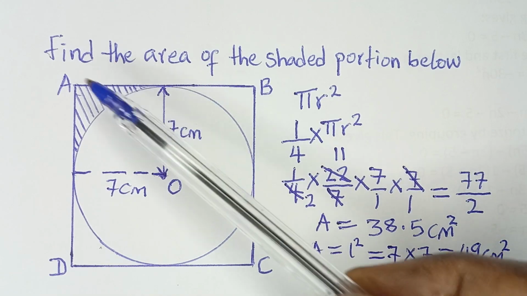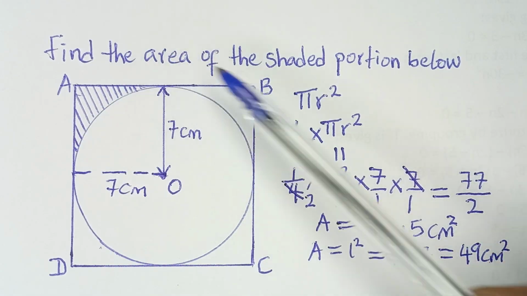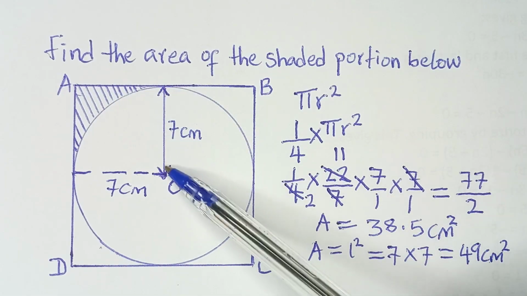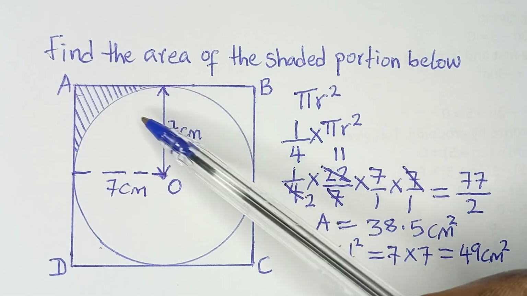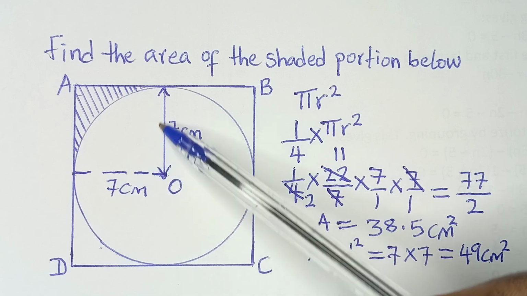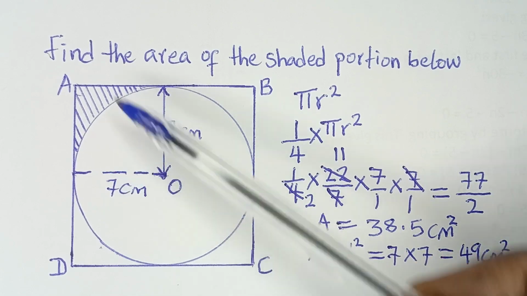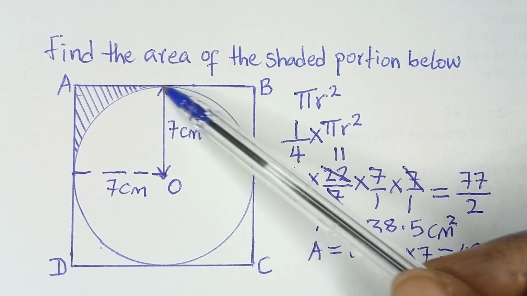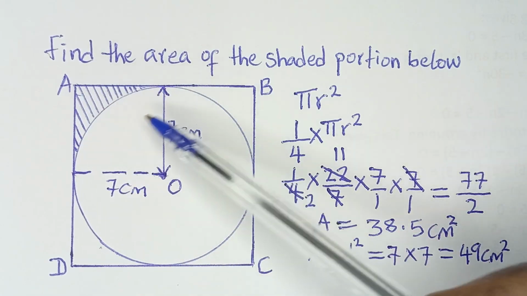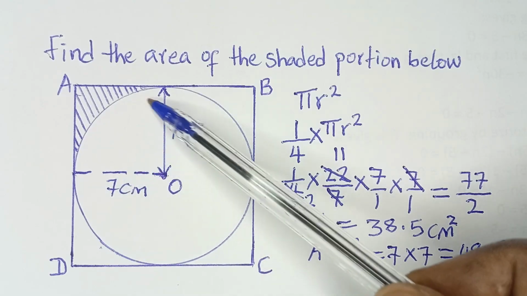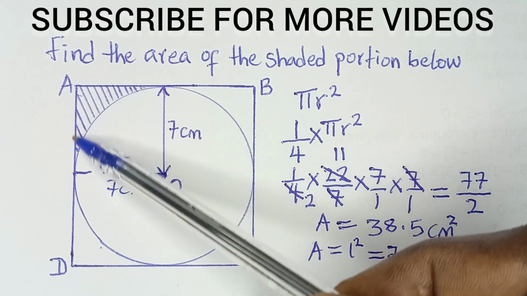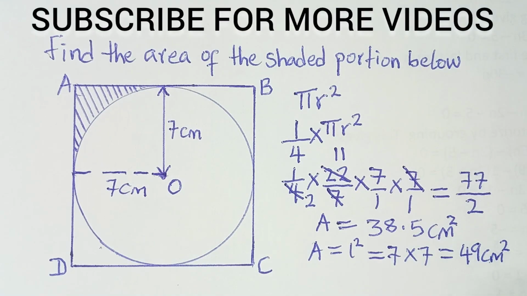Now, for us to get the area of this shaded portion, you will agree with me that it is simply the area of this square. That is this full part now. So the area of this square minus the area of this quadrant here will give us the area of this shaded portion. So we simply say the area of the square, which is 49,